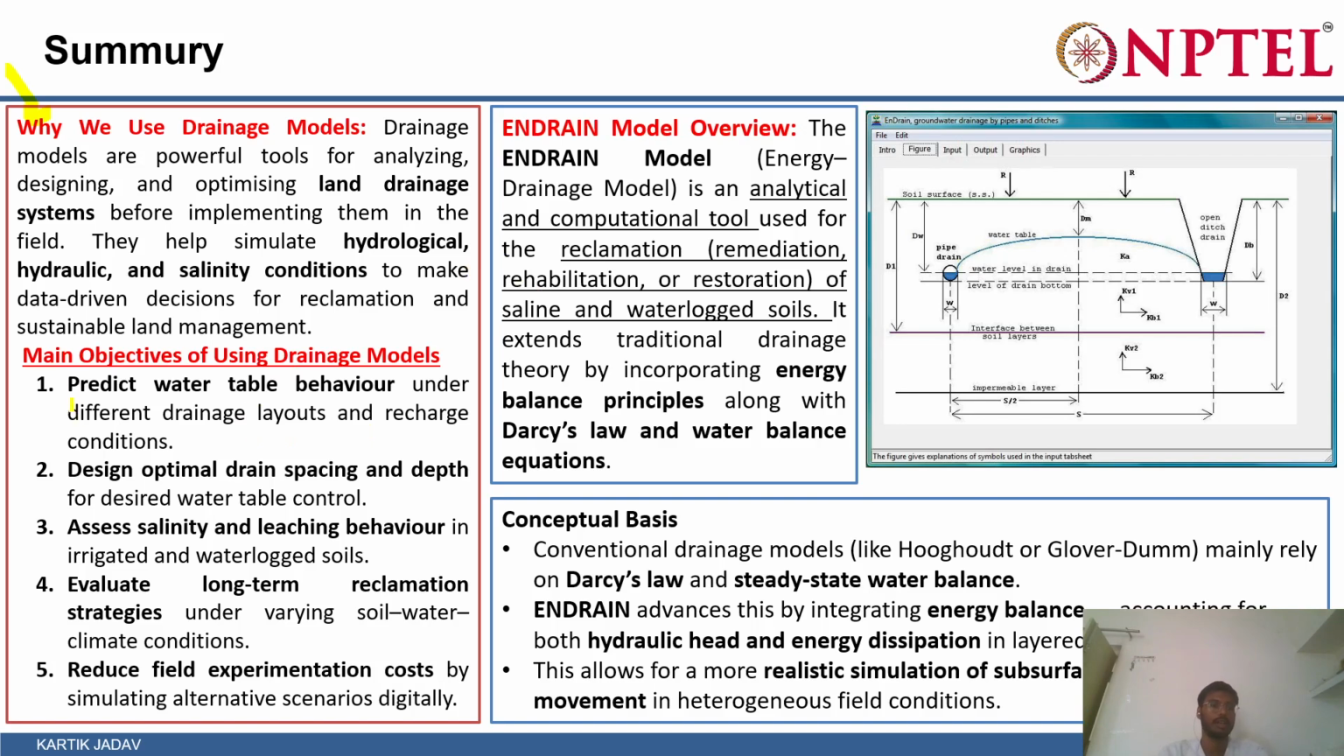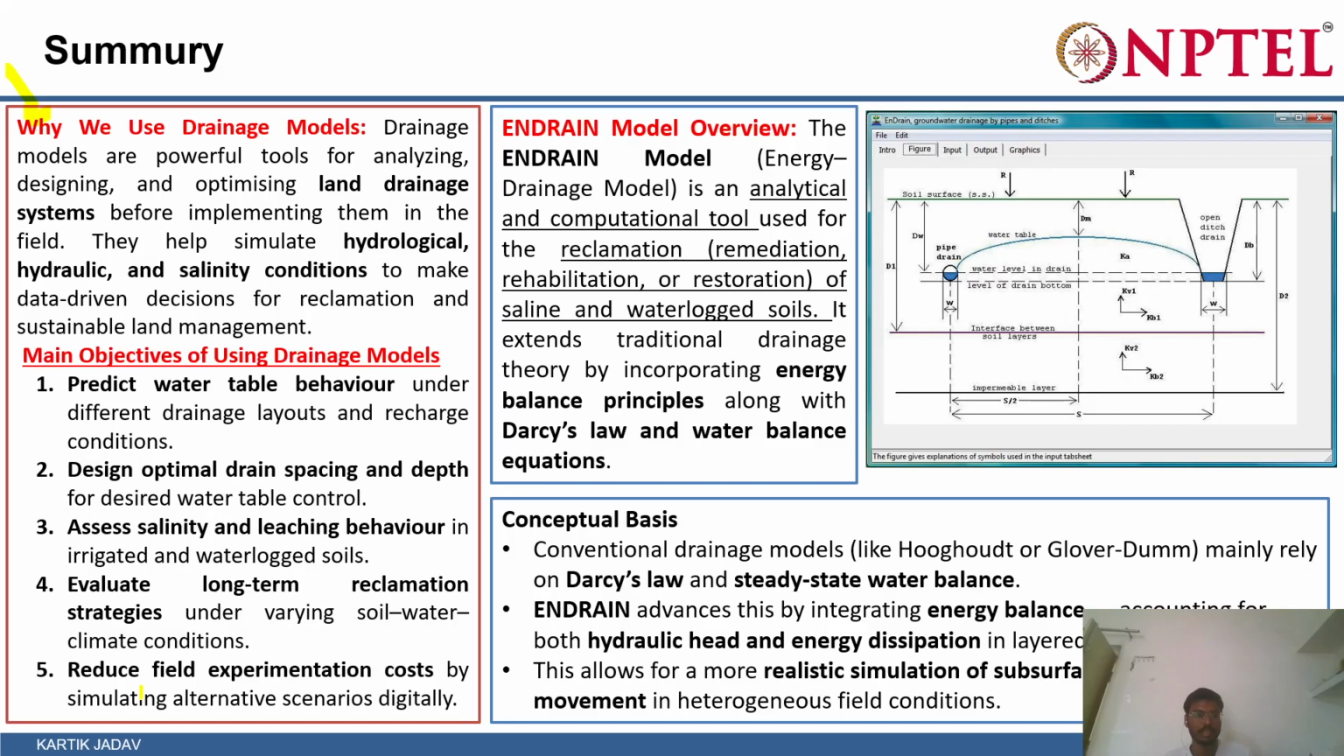So in that condition, this kind of drainage model helps us to predict the water table behavior. And then also we can design the optimal drain spacing and depth for desired water table control. Third one is to assess the salinity and leaching behavior in the irrigated and waterlogged soil. And finally, we can also evaluate the long-term reclamation strategy and reduce the field experimentation caused by simulating alternative